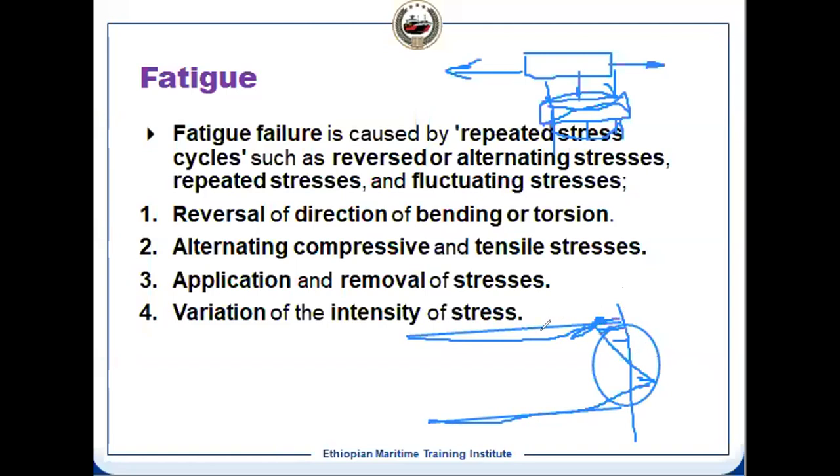After that, it will come to the original position. After that, this will become the tensile. This will move in this direction, and it will be like this. So it will keep on changing position because of this force, and suddenly it will develop a small crack, and suddenly it will fail like this. There will not be any neck formation.